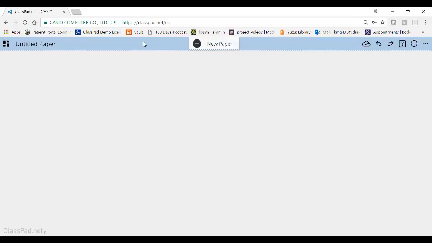So I've logged in, and notice the difference now. I have this new paper here because I'm not just playing around. I actually am creating many documents, and I have a place where I can change the title. So let's change the title of this paper. Let's call it my geometry circle. Right, so I've given it a title. You can only give papers titles if you have an account.